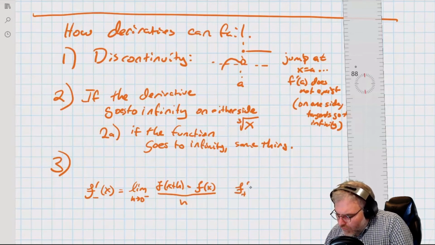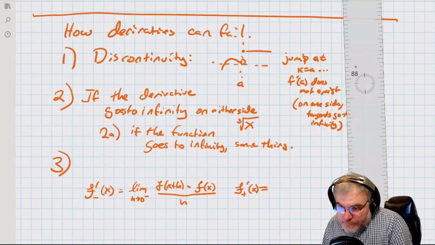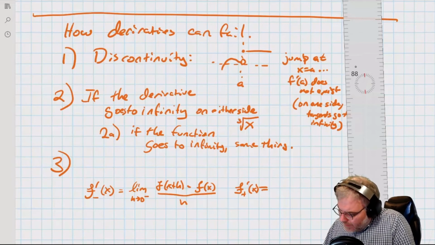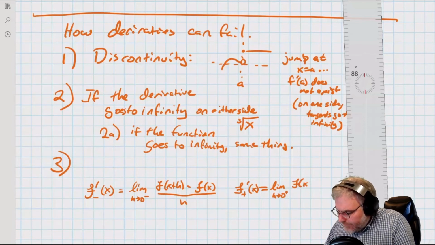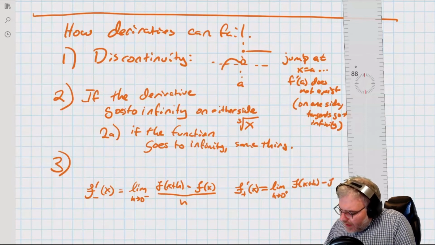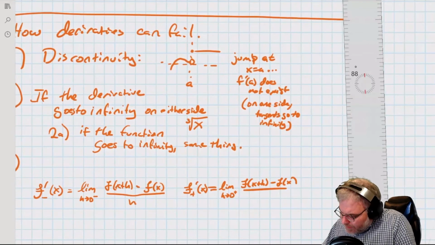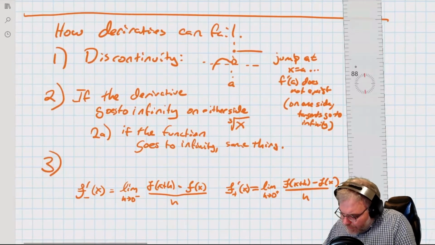Your book doesn't put it in these terms. I actually think these are easier terms to think in. It just says the limit. But if the limit from the left of the secant line, which is harder to say than just the derivative from the left and the derivative from the right, but whatever, if the limit from the left of this secant thing doesn't equal the limit from the right, so if the derivative from the left does not equal the derivative from the right,